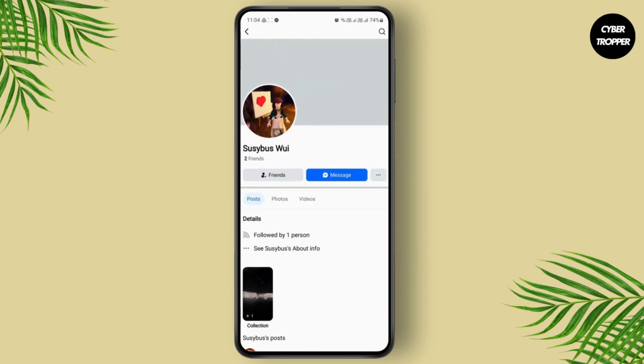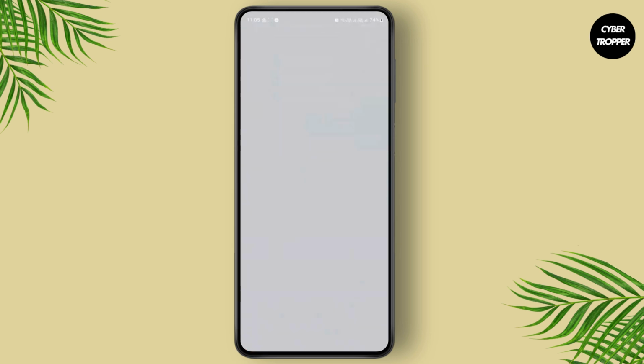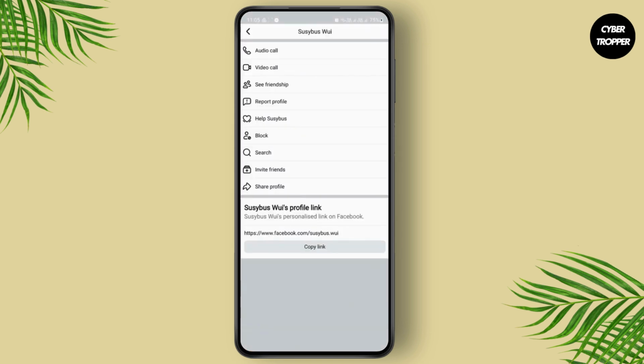So in that case, what you need to do is tap on the three lines that you see at the right side of the message button, and then it will open up their profile. Now all you have to do is copy their profile link. Go ahead and copy this. And once you have done that, all you need to do now is simply go ahead and go back to